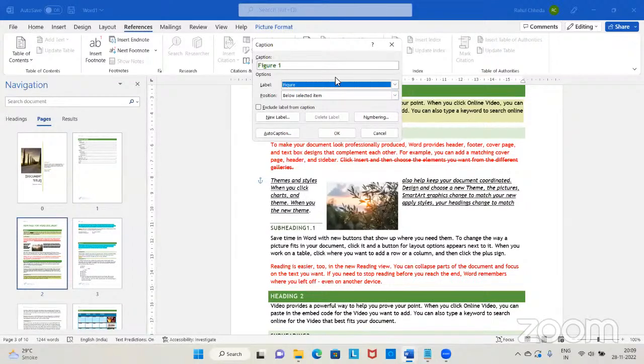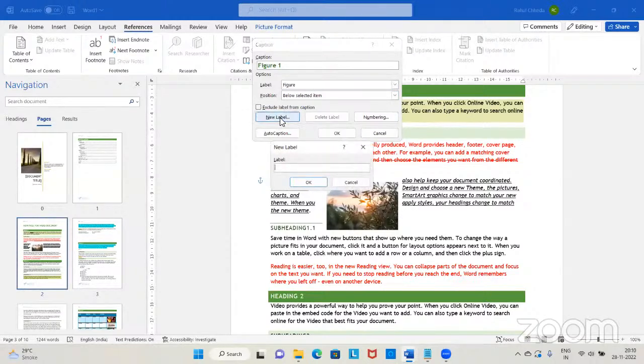And I can also give a new label. So since it is an image, instead of figure, I want to show it as image. Then I can also do that by creating a new label here. So let's click on new label and give it as image. And just click OK. So you will see that image 1 has come,